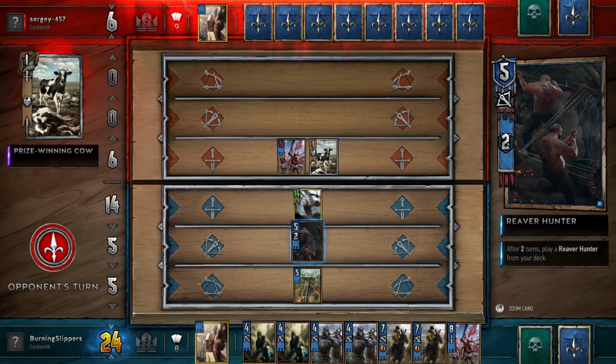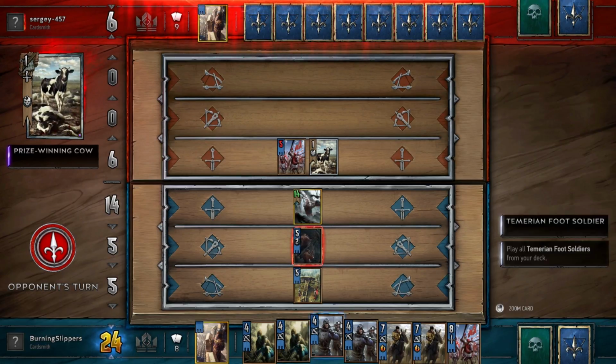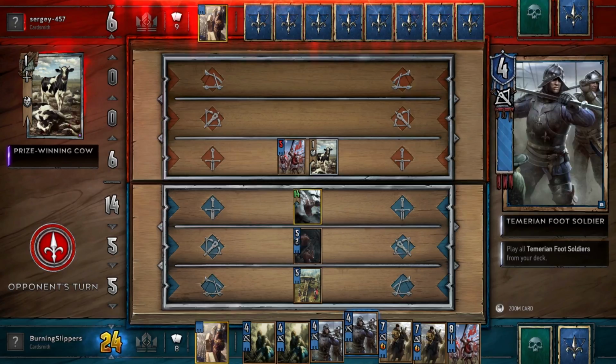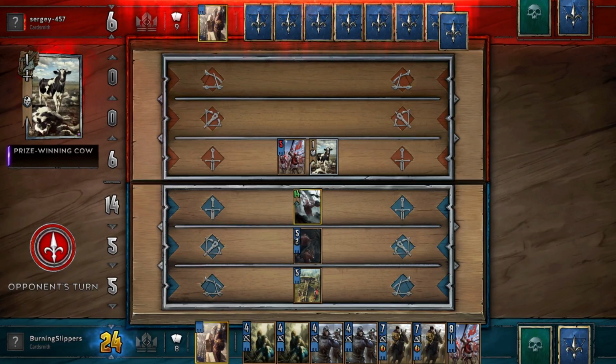So here, we're going to play this now so that we can summon the second Reaver Hunter from our deck. Unfortunately, we did draw into 2 copies of Temerian Foot Soldier, so when we play 1, we will only summon 1 other copy, as you can have at maximum 3 copies, and 2 of those copies are in our hand,